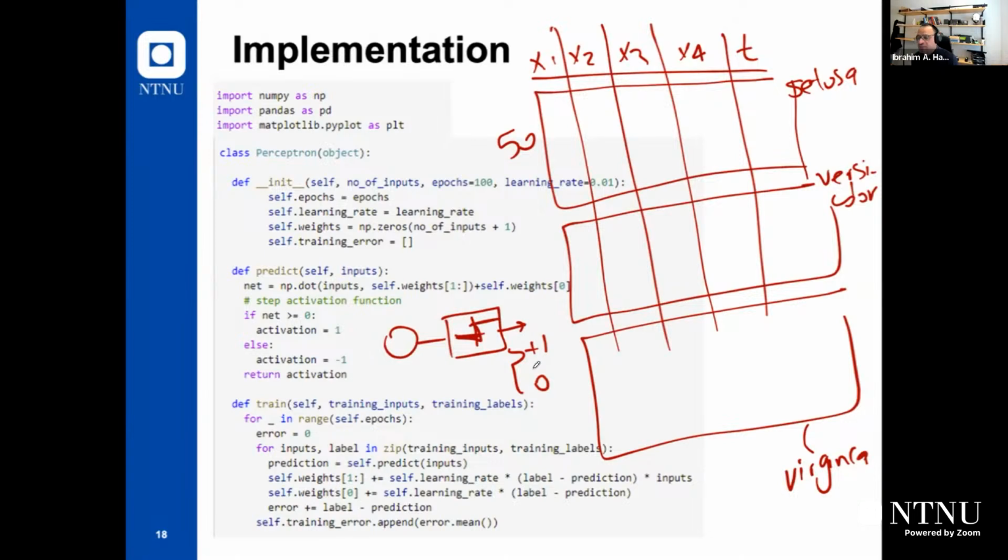I cannot have +1, 0, and -1. It's impossible because I'm using this activation function, right? Even if you use a symmetric activation function, the output here will be +1 and -1. So a perceptron can be used only for binary classification problems. So for this problem, you need to select the first 2 classes. Now I need to test the perceptron with this iris dataset. So we will select only the first 100 points, because the first 100 points correspond to 2 classes, Setosa and Versicolor. And we will use a perceptron